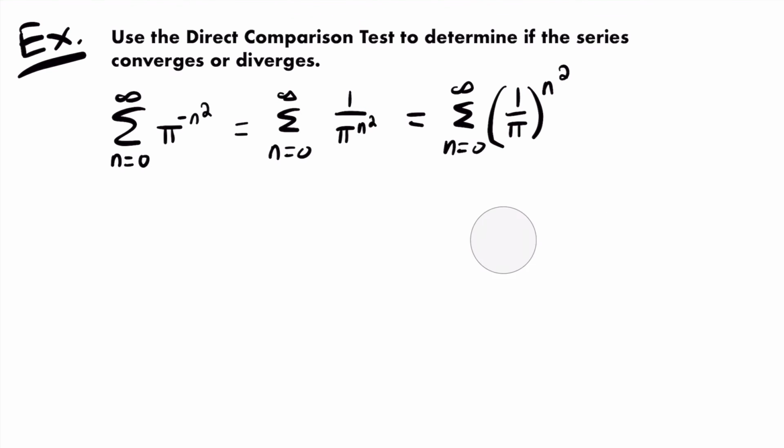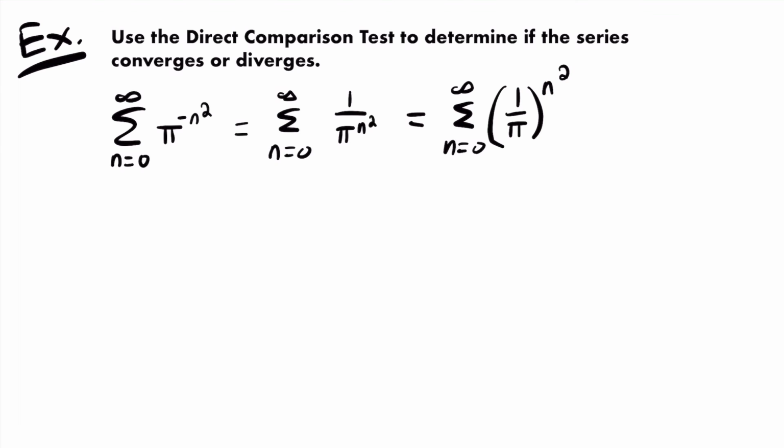Okay, and so now we have a series that looks like a geometric series, but it's not quite a geometric series because we have a value raised to a power of n squared, not just n, right? A geometric series has a common ratio raised to a power of n, where n is raised to the first power, not the second power. And so what we can do is maybe compare this series to a geometric series where the power is just